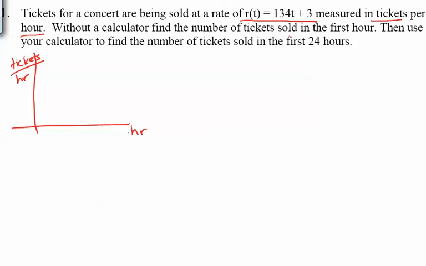So, without using a calculator, can we find the number of tickets sold in the first hour? We could actually graph this, by the way. This is a linear function with a slope of 134. So, 3 tickets have already been sold. So, perhaps the owners of the venue already start with 3 tickets before tickets go on sale. So, in any case, we know that the number of tickets sold in the first hour is the integral of the rate function from time 0 to time 1. So we can put our function here, dt,